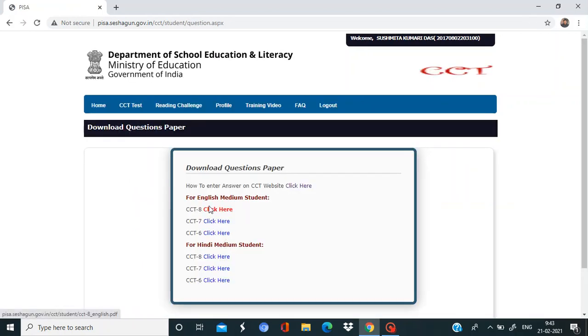Then download the English medium question paper CCT 8. This one, CCT 8, you can click and download it. If you want the Hindi medium, then you can click on the Hindi medium and download it. After downloading, you can open that PDF file. After opening, take the question paper and